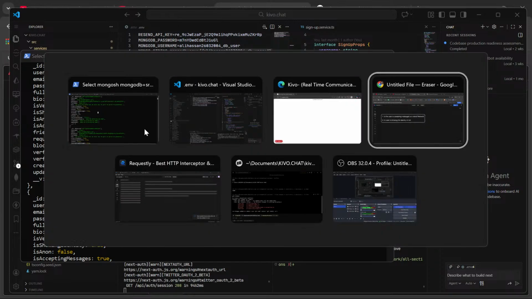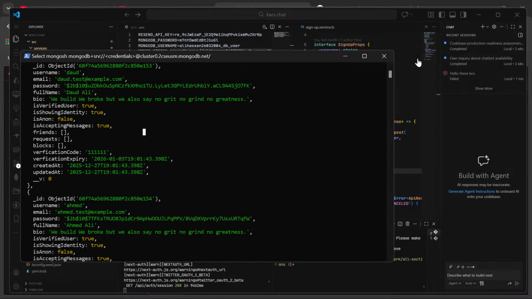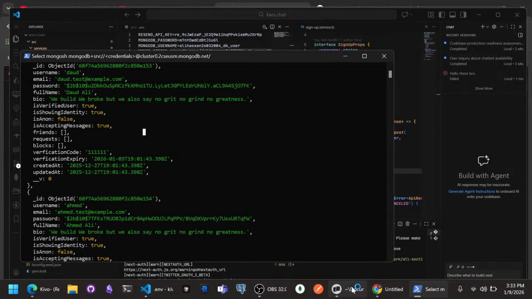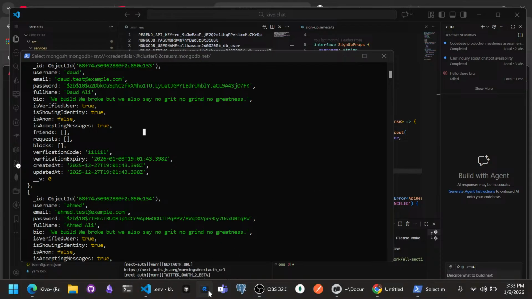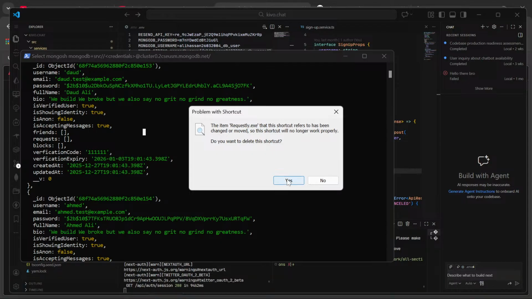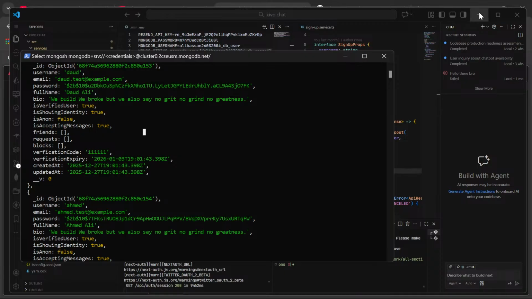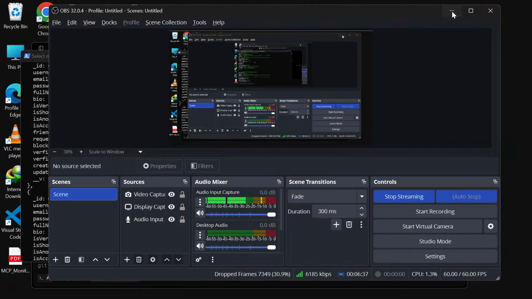Let me check this. I think I have to restart this Requestly API software. It is not working properly sometimes, so there is nothing to worry about. No, what the heck is this? Let me open it through